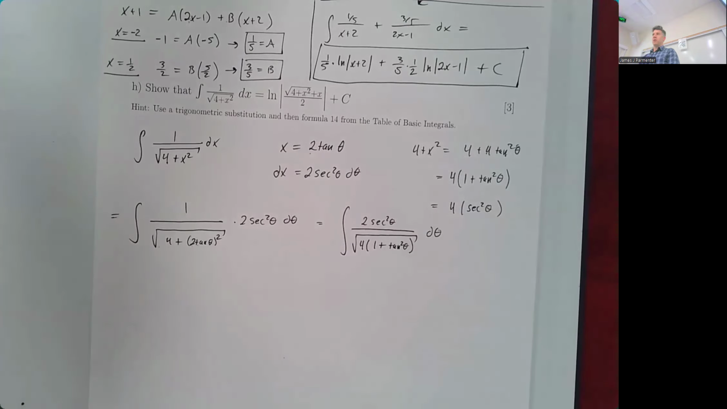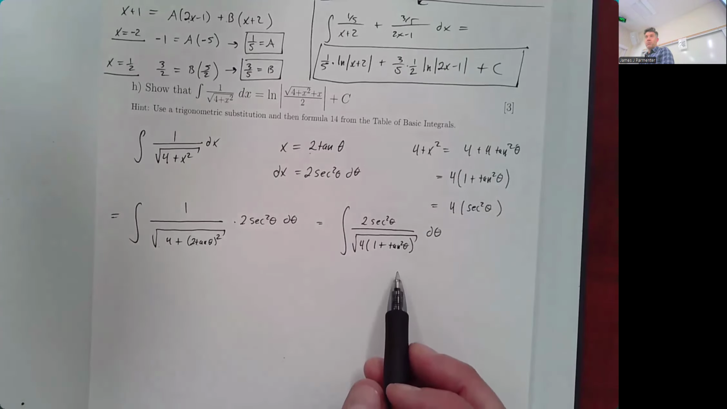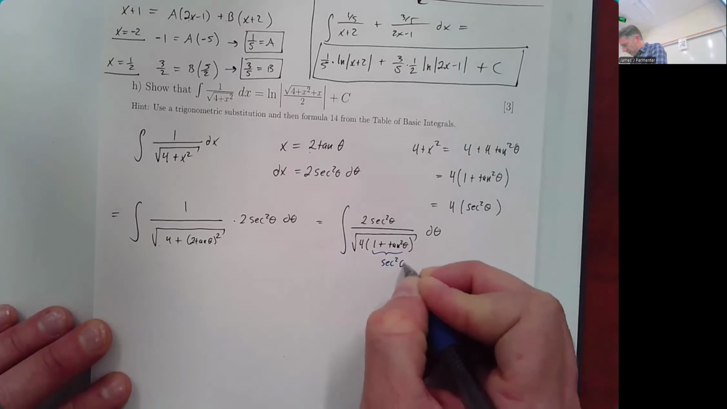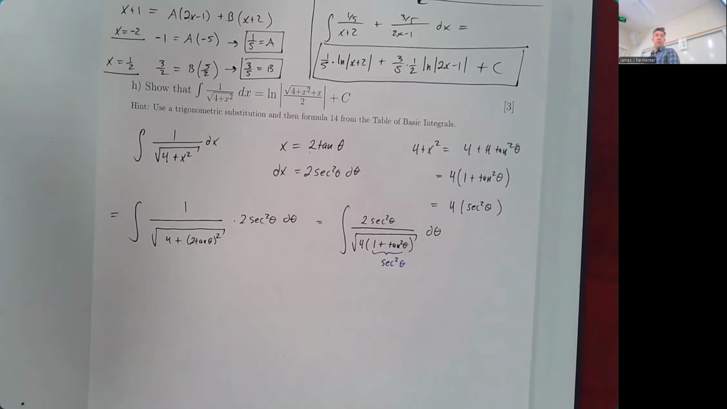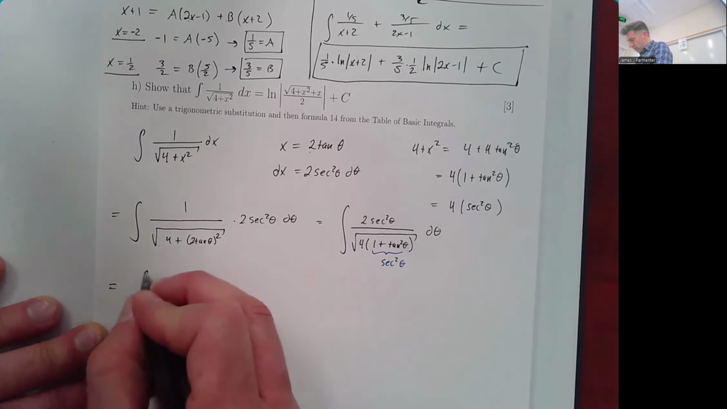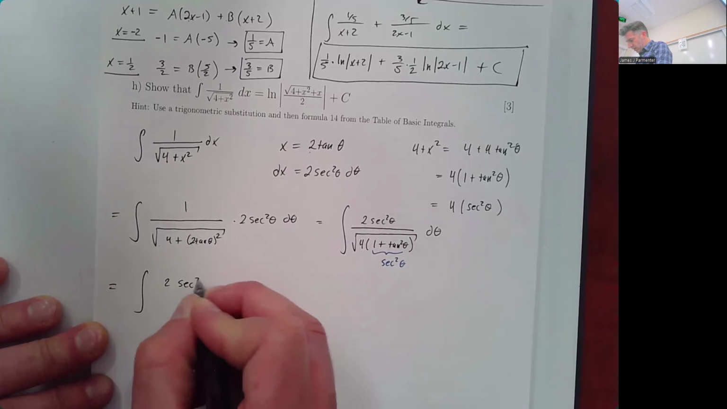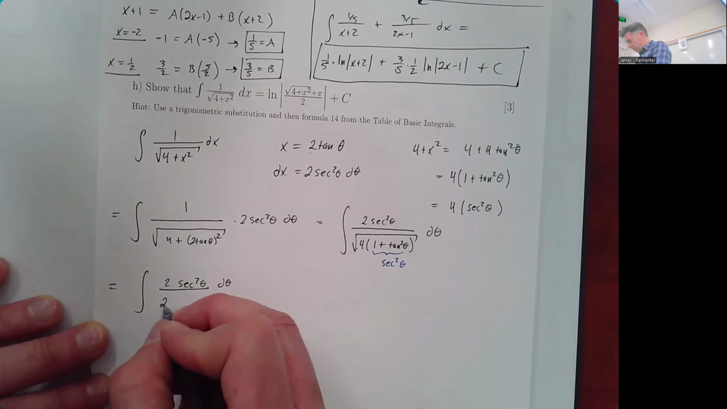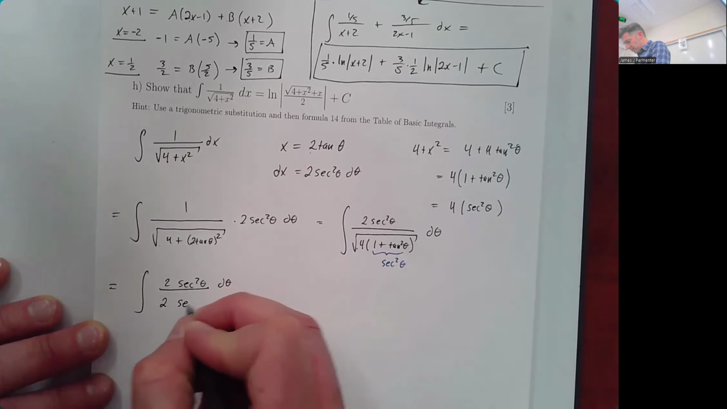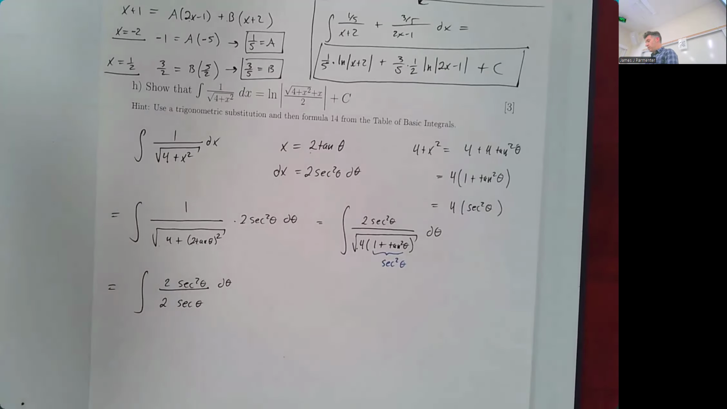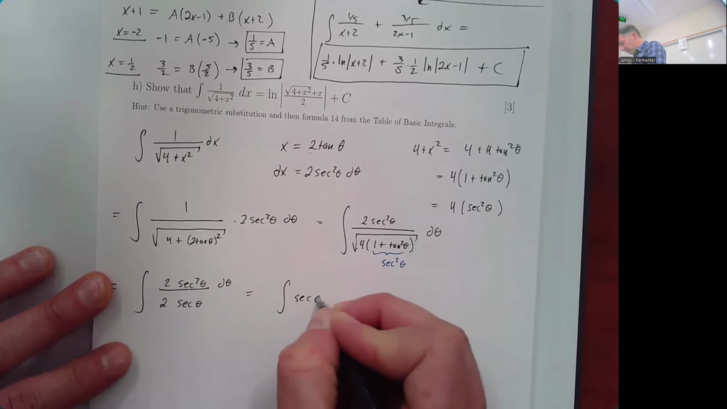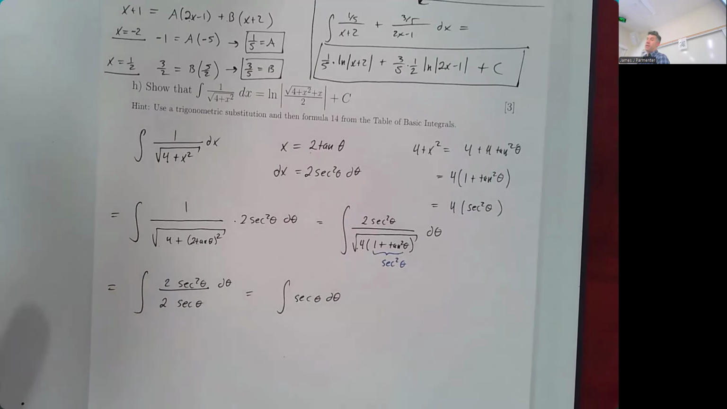And now you can kind of choose how much work you really want to show. 1 plus tangent squared is secant squared. So I think it would be legitimate to, from this point, get rid of the square root and say that this is equal to the integral of 2 times secant squared theta d theta, over the square root of 4 is 2, the square root of secant squared is secant of theta. And most of the stuff cancels, and we're left with the integral of secant theta d theta, which is given,